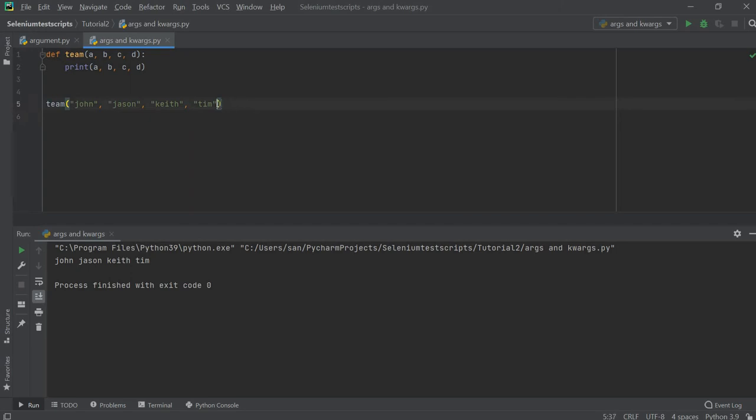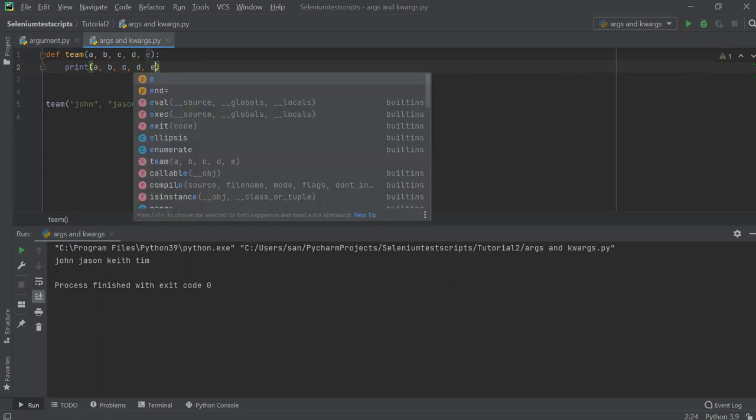So let's say I want to add a new team member here, say Sam. What I need to do is add a parameter here, and in the print statement also I must make some changes.